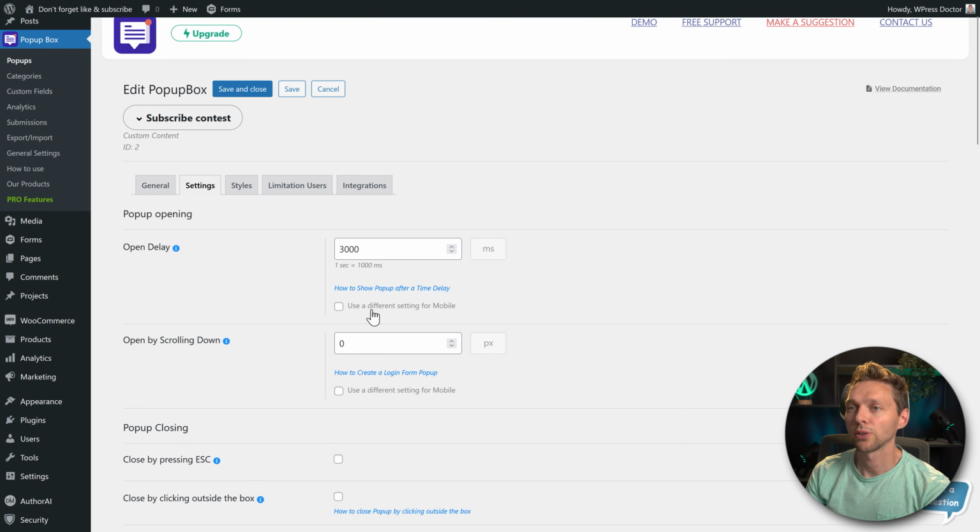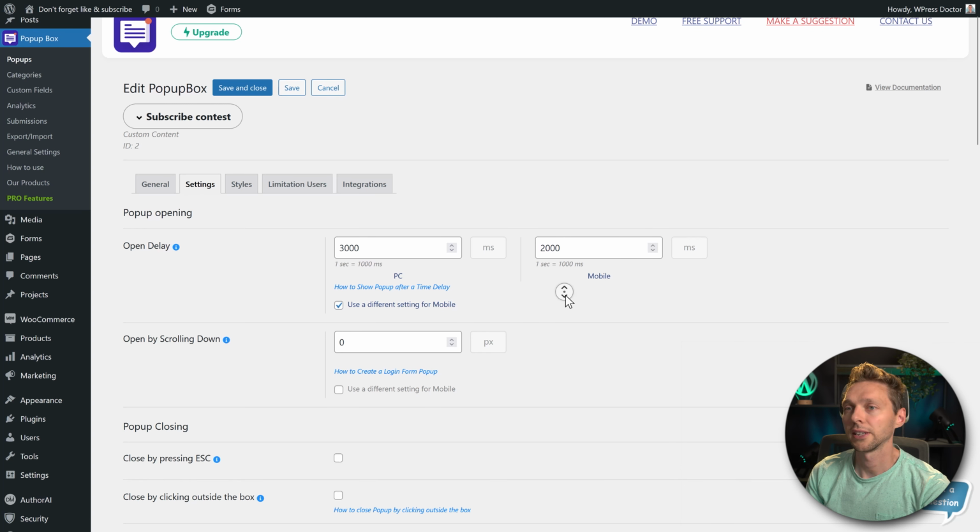If you scroll down, you can also use a different setting for mobile devices, because you might see in your analytics that your visitors on mobiles are leaving earlier or are browsing longer on your site. Just check it out in your Google Analytics and you know what to fill in here, but maybe you want to have like 2 seconds on mobile. Great, just fill it in over here.